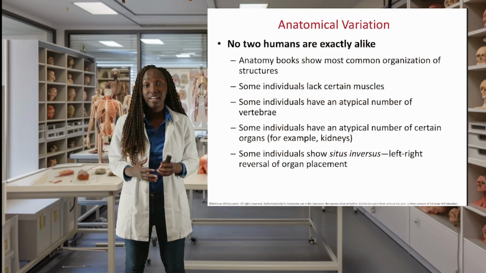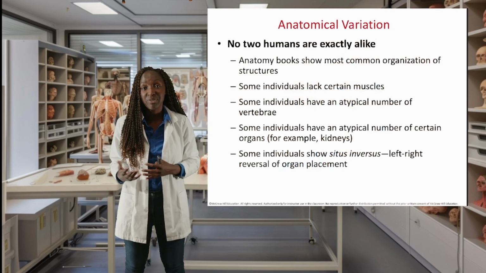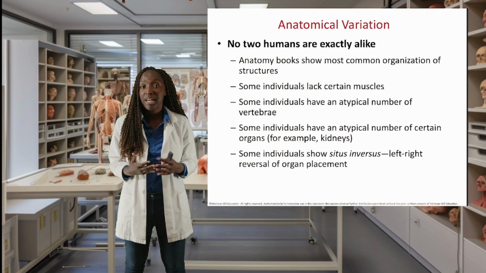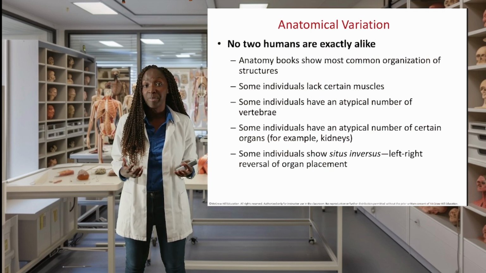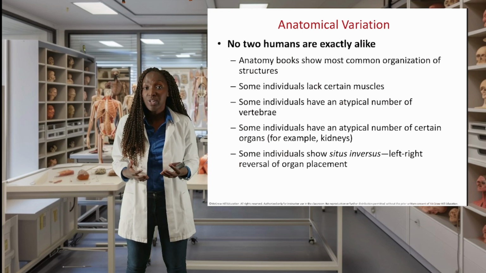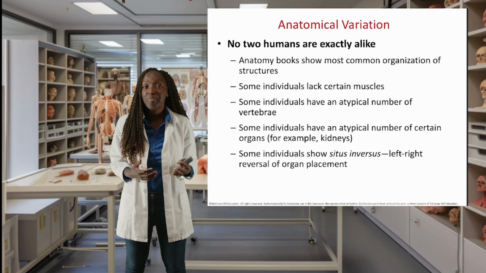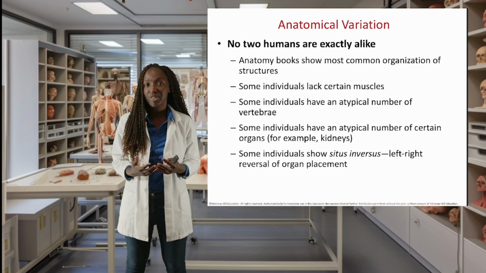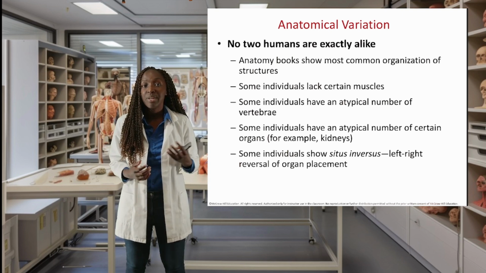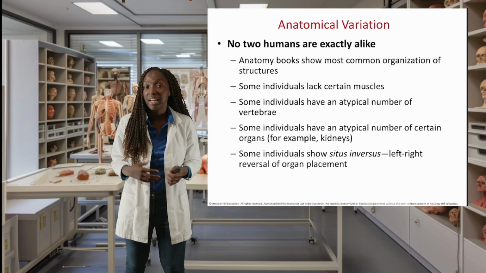Now, we've looked a lot at anatomy. We know what it is. We know it's different from physiology. But I want to make note that no two humans are exactly alike. They have anatomical variation. So when we look at our textbook, it's showing the most common organizations of structures. Just keep in mind that some individuals will lack certain muscles, some will have atypical number of vertebrae, some individuals